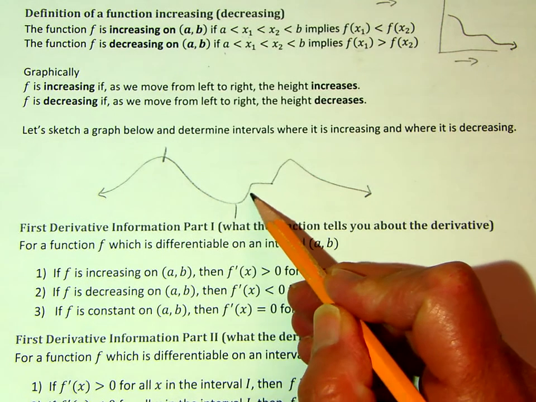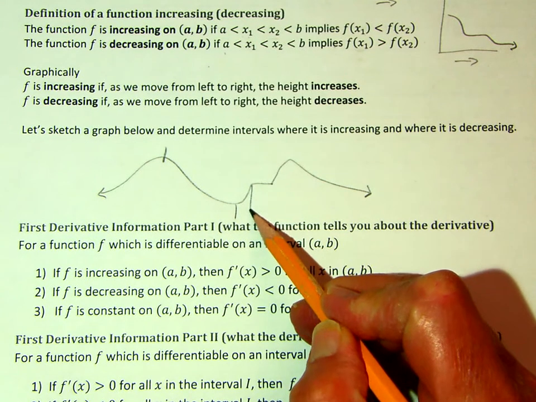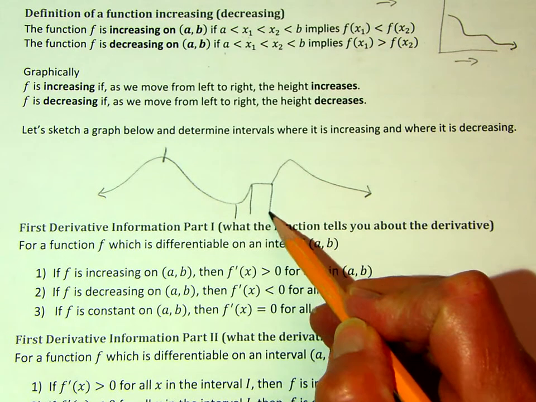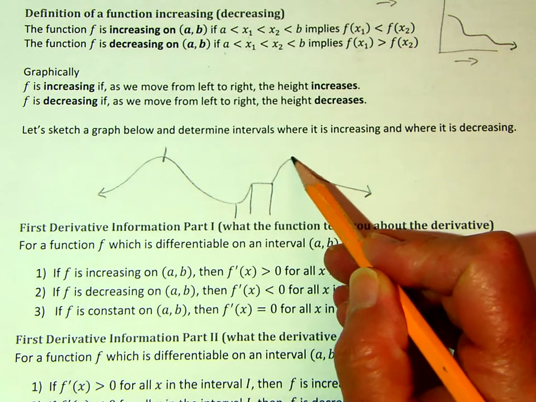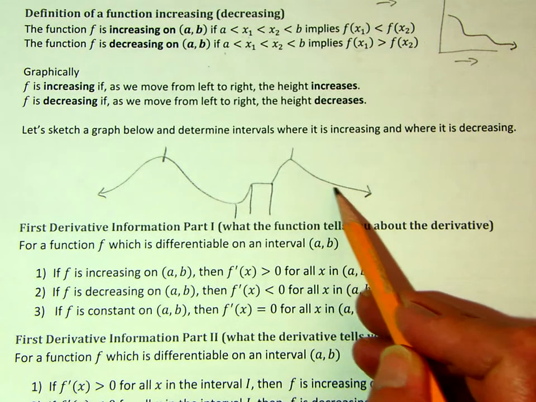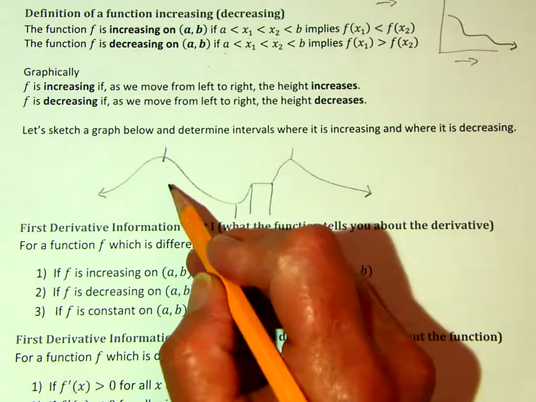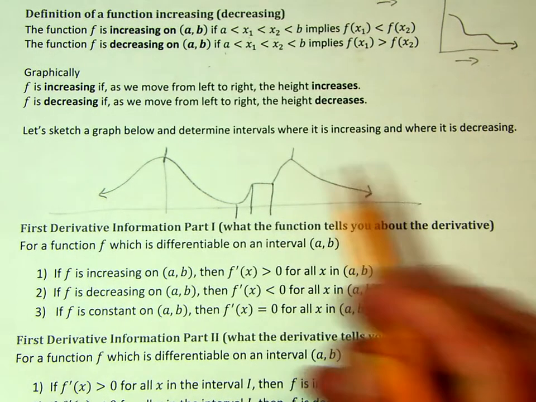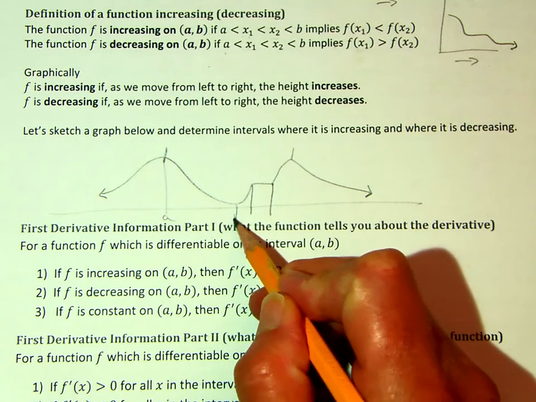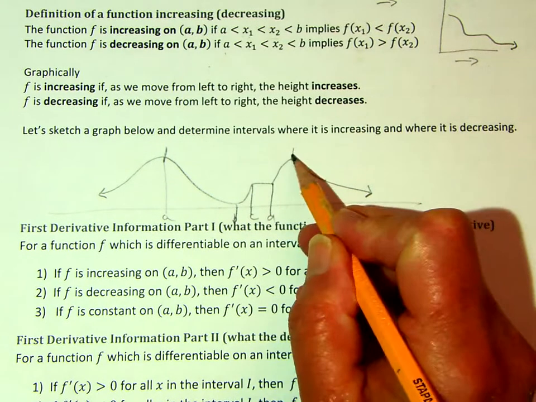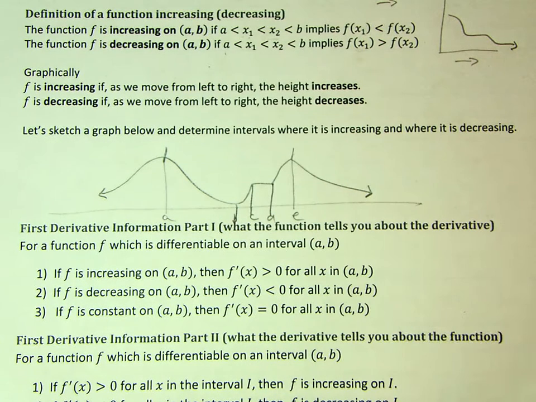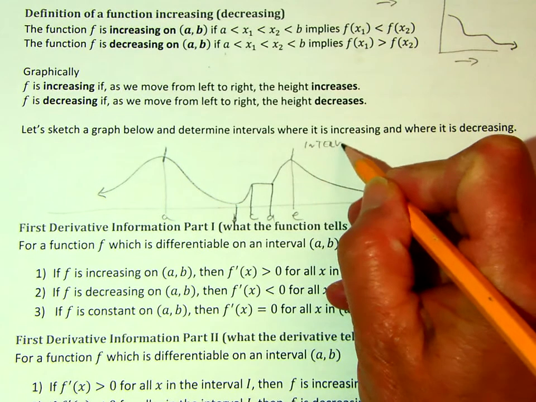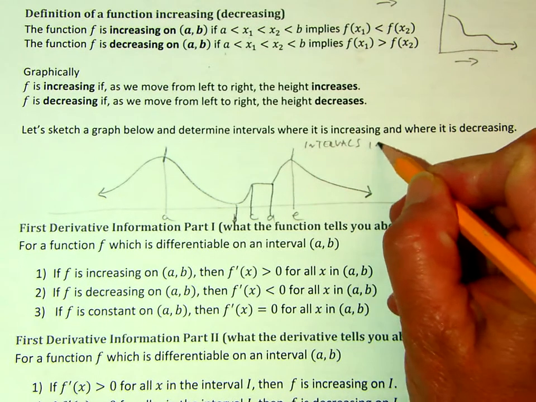And now we're increasing. And now we're staying the same, so constant. And now we're increasing again to here. And now we're decreasing. So let's throw some labels on here. We'll just call this A, B, C, D, E. So intervals where we're increasing